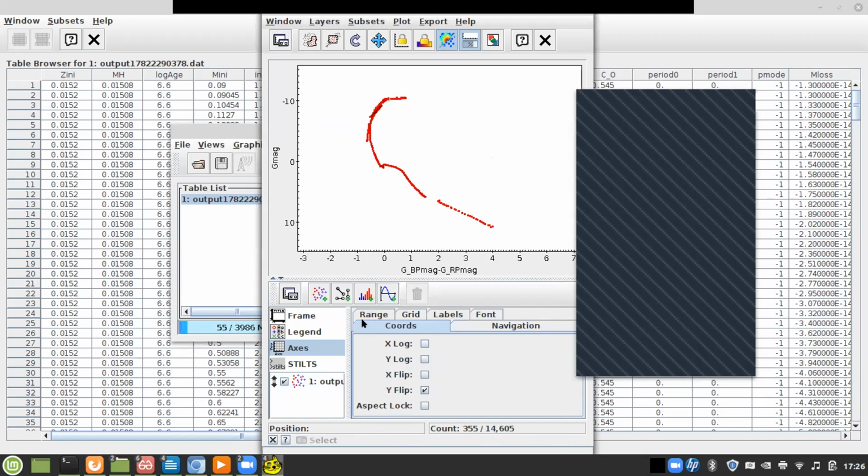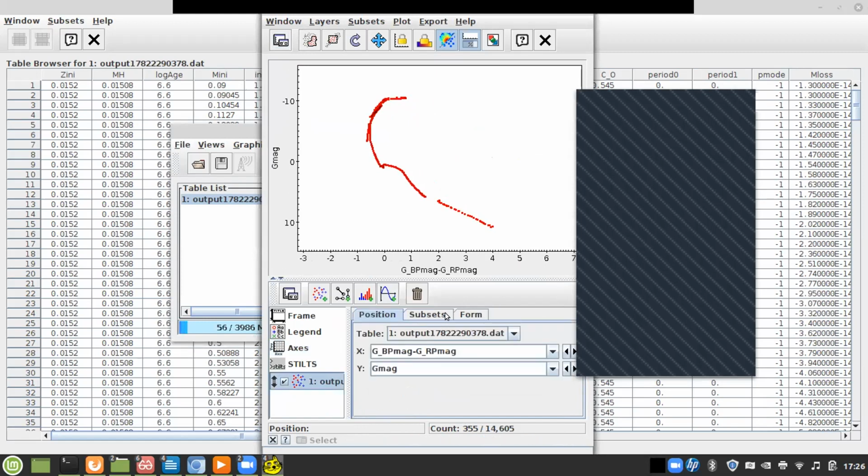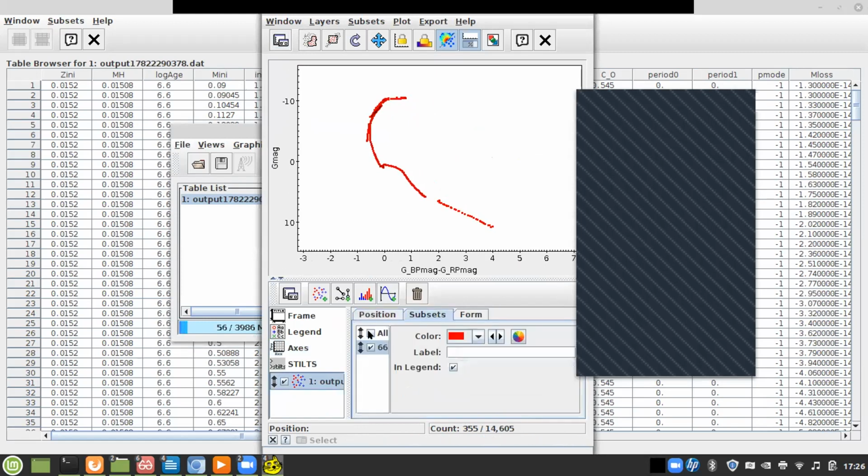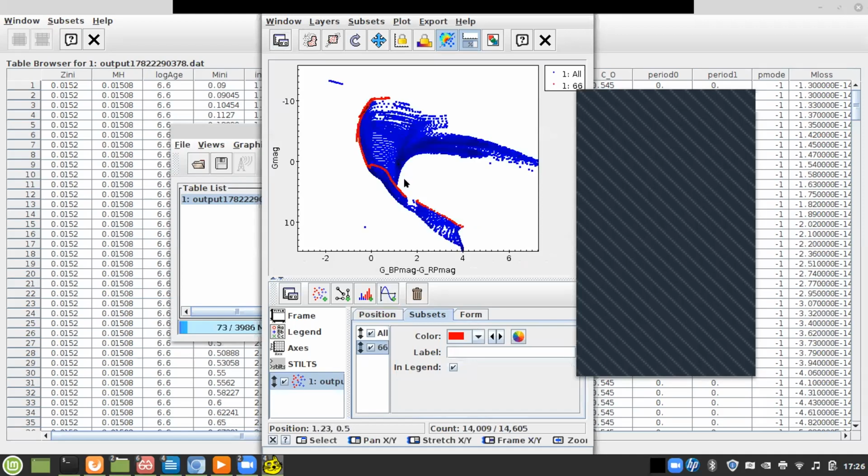So this is specifically my isochrone for 6.6. If I were to plot the whole file, the whole file has all these isochrones. Now, when I did 6.6, I specifically picked up this part, which is for 6.6. So for your required cluster, pick up the isochrone you need, save that, and then use that to plot your cluster. I hope that isochrone bit is clear.